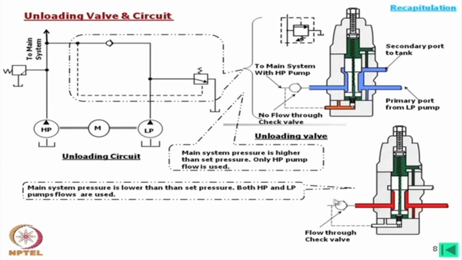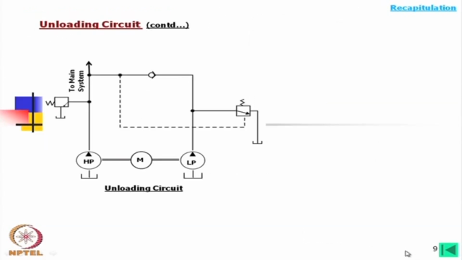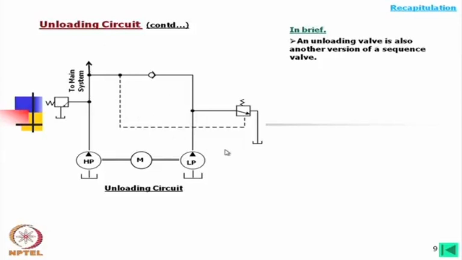In that case, flow will be through the check valve. Oil is coming here and the check valve is blown, and oil is going to the main system. This is another example. If we summarize this, we can write that an unloading valve is also another version